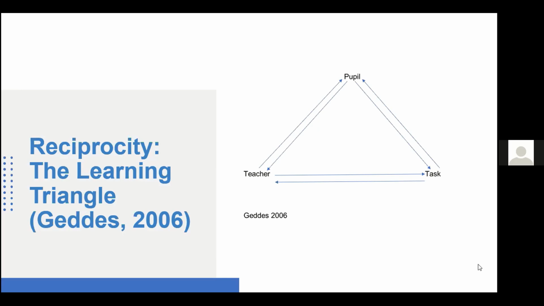And so going back to that Solihull model, the idea is that if we can actually emotionally contain the child and relate to them reciprocally, then that behaviour management will begin to develop independently. And so therefore they would then begin to be able to engage with those elements. And I would really suggest going away again and doing some further research, reading on this idea of a learning triangle by Heather Geddes, because it's really useful when thinking about how these children might be presenting in the classroom, and what interventions might be helpful for those different attachment styles.